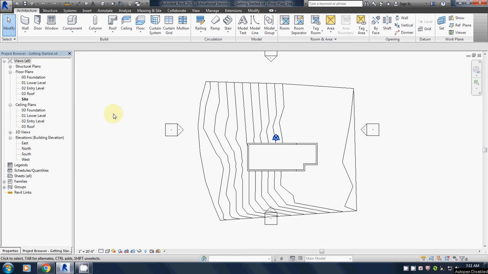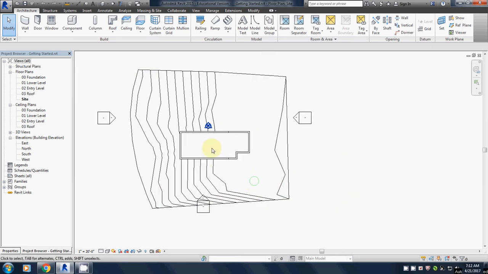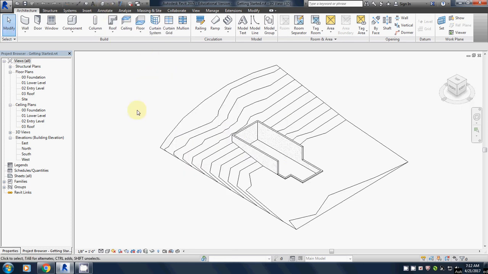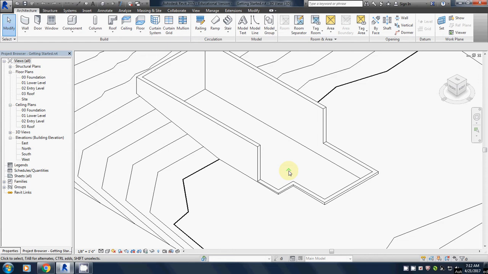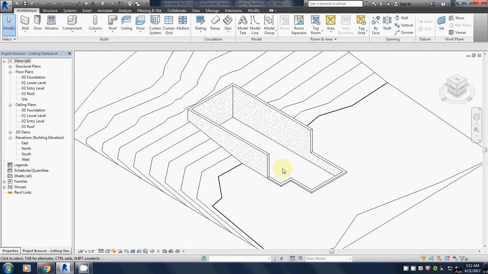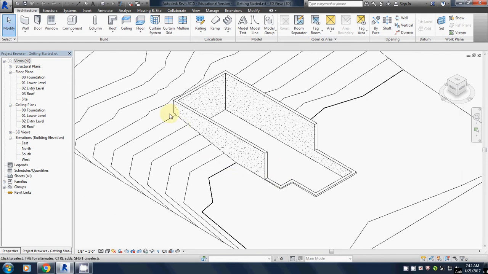Alright, so in the last video we created the terrain or topo surface around our house, as well as a building pad to make space for the house to sit on the site. So if we take a look at that in 3D view, here's what we should have now. Alright, the terrain should slope down from the back corner or the west side of the building towards the east